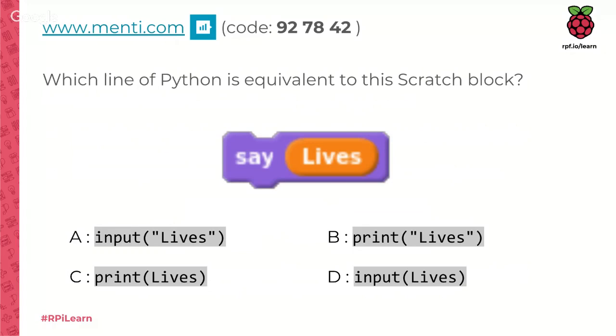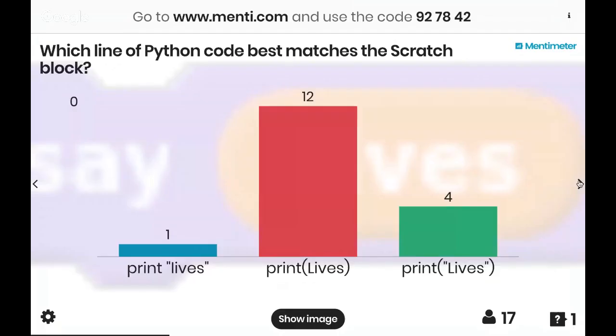Okay. I'm going to give you 10 more seconds, and then I'm going to close that poll, and we're going to have a quick look at the results. Okay, let's have a look at those results. So Alex, if we just jump over onto the results. Great, we've got a range of responses there. The middle option, print lives, which on my slide was C, is definitely the most popular. But we also have print in speech marks lives being answered as well, and a few people opting for this one.